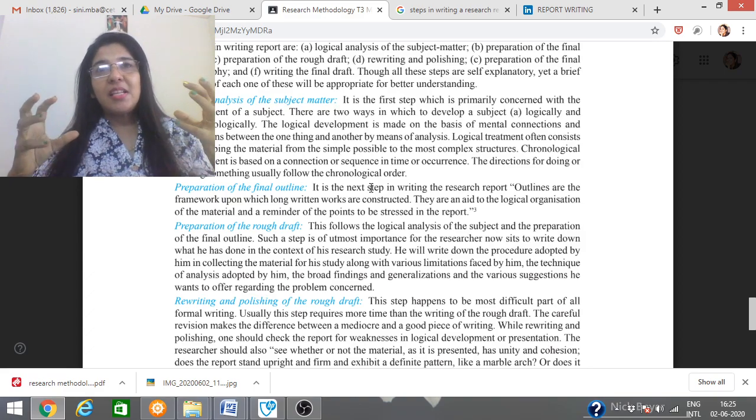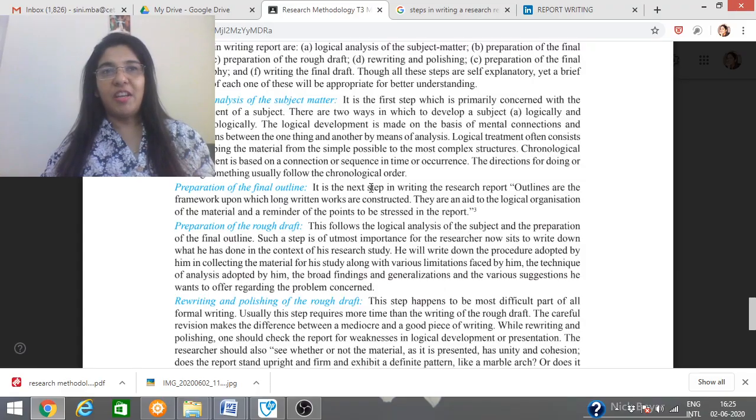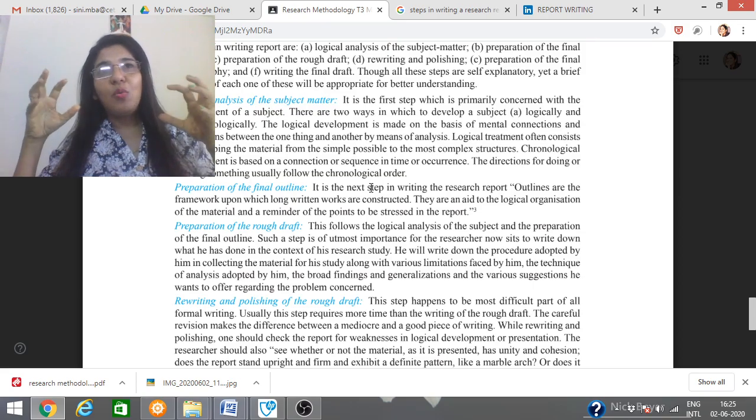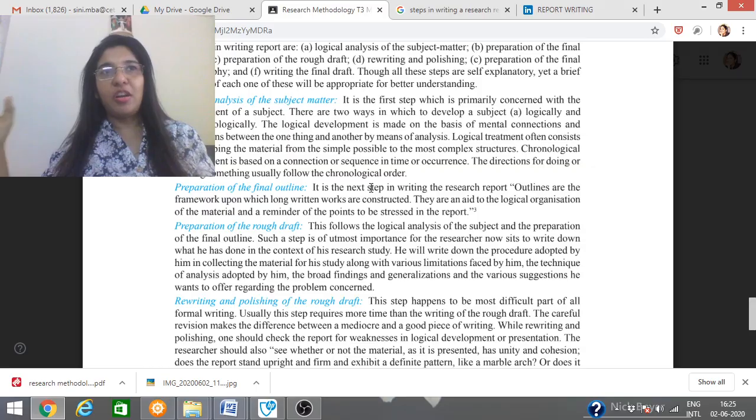So you have a logical analysis, based upon it you have made a framework, and you strengthen your framework with the help of a rough draft, which will lead you ahead with your report.